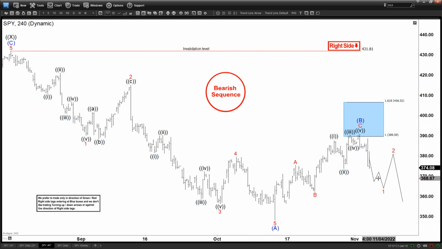Not every single swing and update is something we trade every single minute, every single hour, every single day, but specifically when it is reaching the blue box with a bearish or bullish sequence that we start to try to trade. Okay, so now back to the